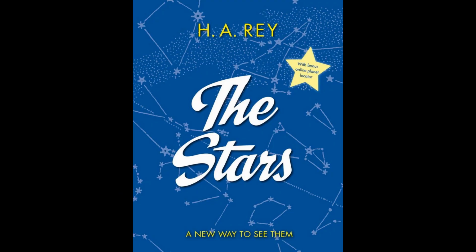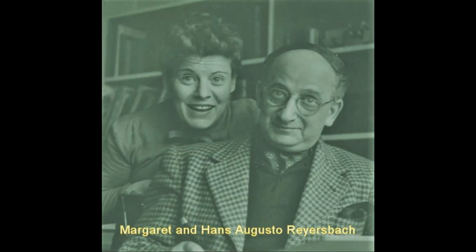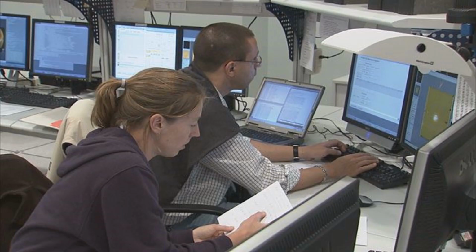Speaking of good books, I cannot more highly recommend the book The Stars, A New Way to See Them, by the author H.A. Rey, who you may know as the same author who wrote the Curious George books. Rey was a scientist who wasn't satisfied with the way modern star charts were being drawn. The astroscientists were not interested in the characters and the objects and the stories behind the constellations, so for convenience